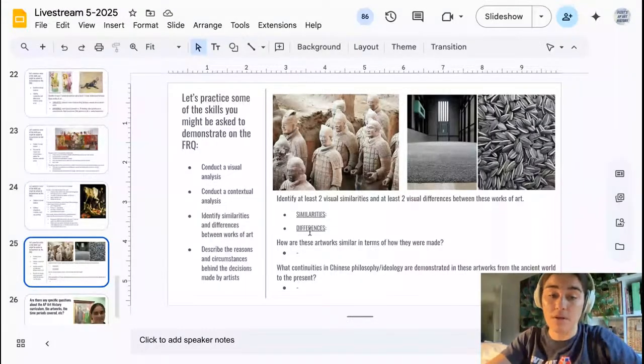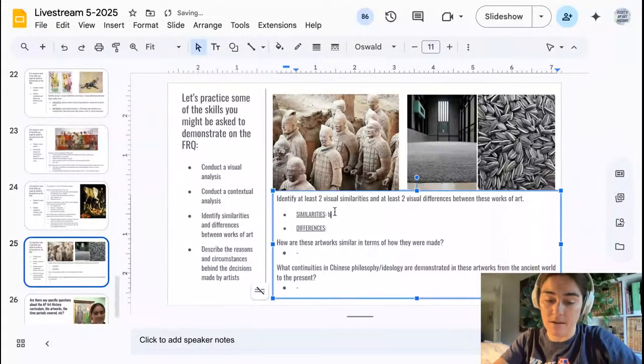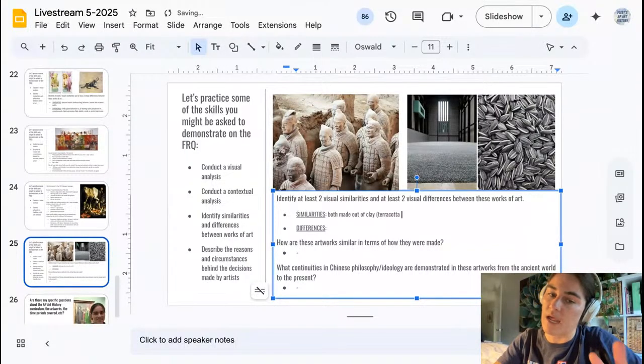Yes, they're both ceramic, right? Yeah, in the case of the Terracotta Army, we have terracotta. And then in Sunflower Seeds, those are made out of porcelain. It's a higher